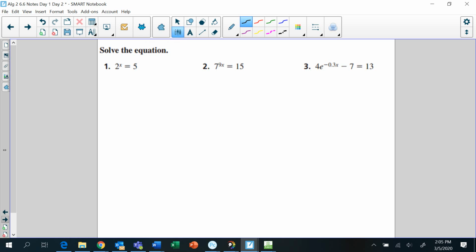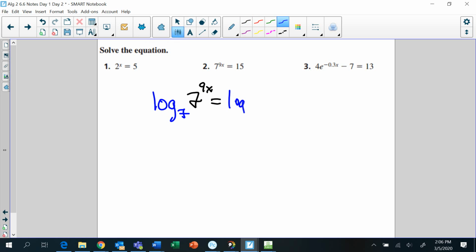That's what I'm doing. I'm just saying we don't have to do all 3 of these. All right, number 2. What would I do to both sides so I can solve for x? Log base 7 of 7 to the 9x equals